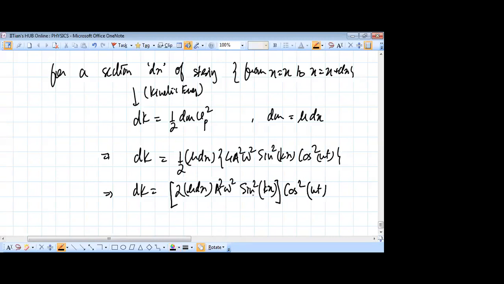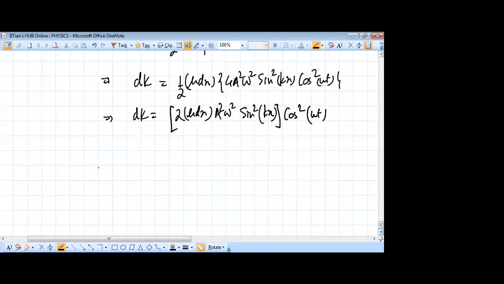So that particular medium particle which is located at x equal to x, or which is located between x and x plus dx, that particular section of the string has this much kinetic energy as a function of time. So over an oscillation or a cycle,